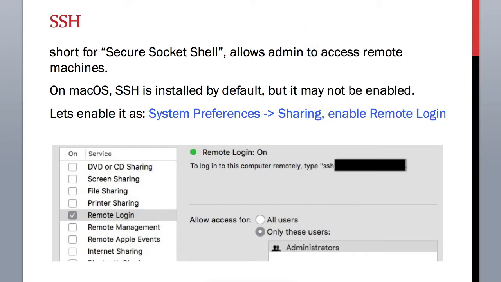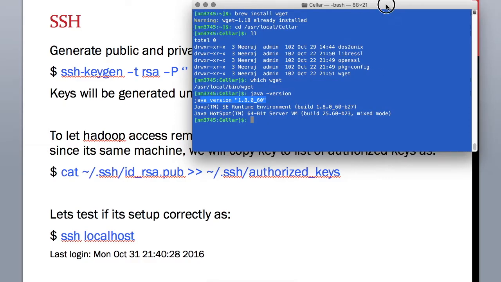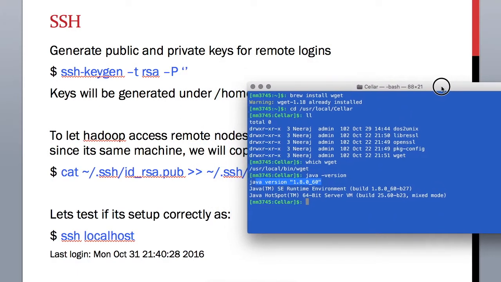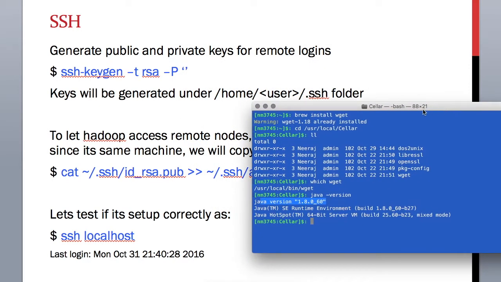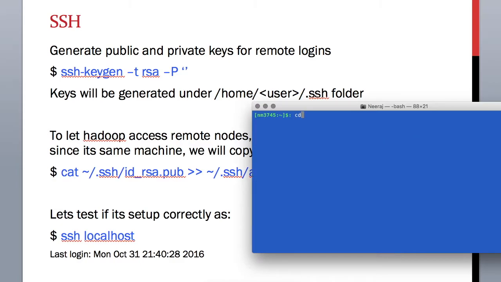We also need to generate some keys. So we'll do that by using a terminal. So open your terminal, all right, and just do this. All right, go to your home directory and enter ssh-keygen -t rsa